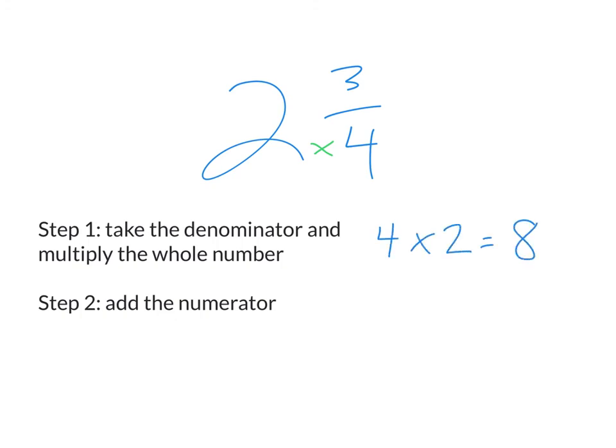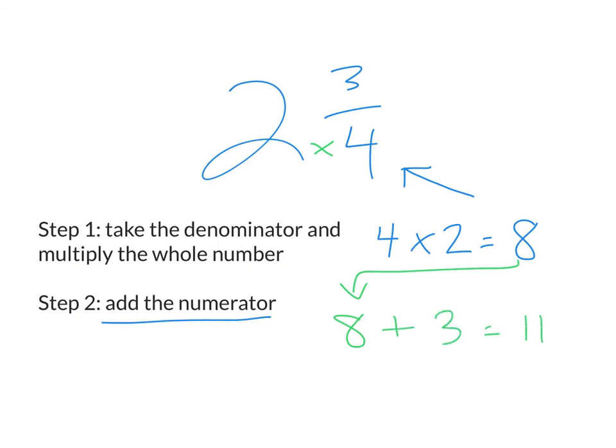And the way that we got that is over here, 4 times 2. And the second step that we're going to do is add the numerator. So we have the answer of 8. And we're going to add the numerator, which is 3. Like I said before, the denominator does not change, and what we found out here is the numerator. The answer then would be